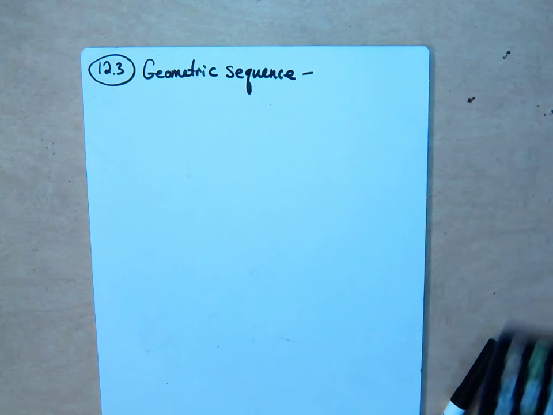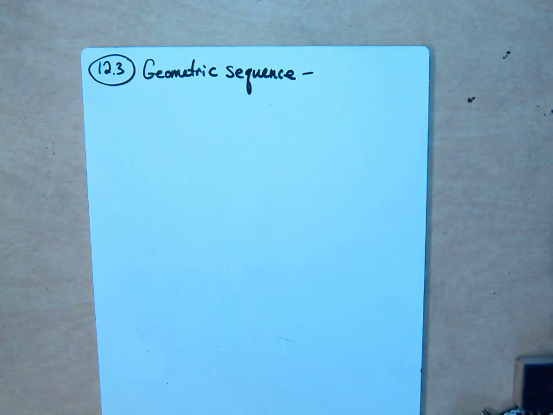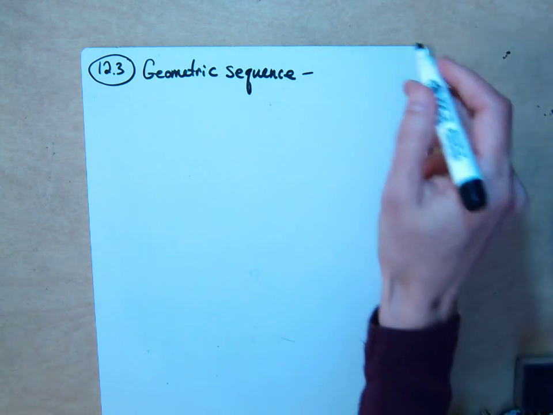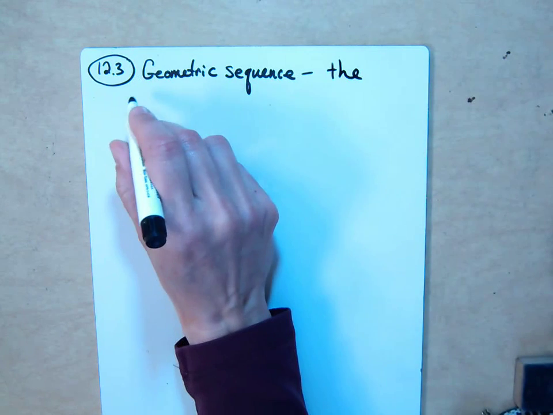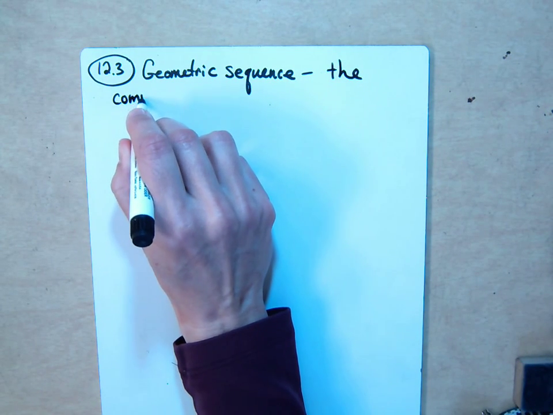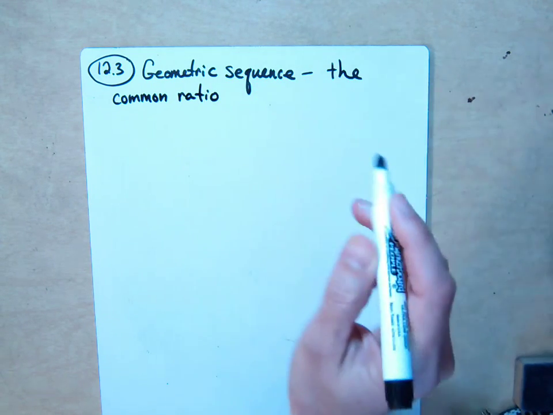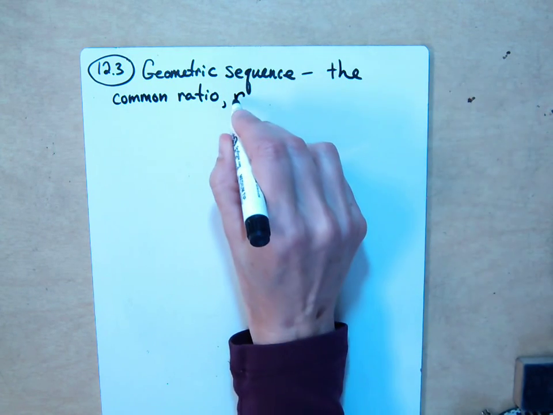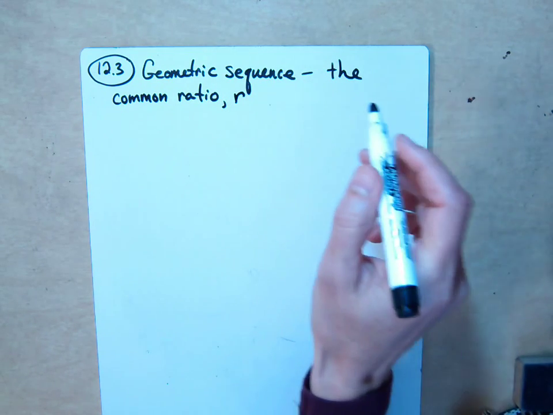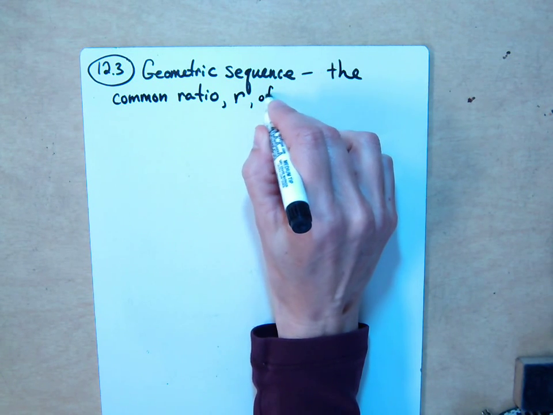12.3 geometric sequence. The definition: you've seen these kinds of sequences, but we haven't defined it. A geometric sequence has what's called the common ratio, and in the formula we're going to use r for that. Fortunately, ratio starts with r, so r is a good letter for that. The common ratio r of any